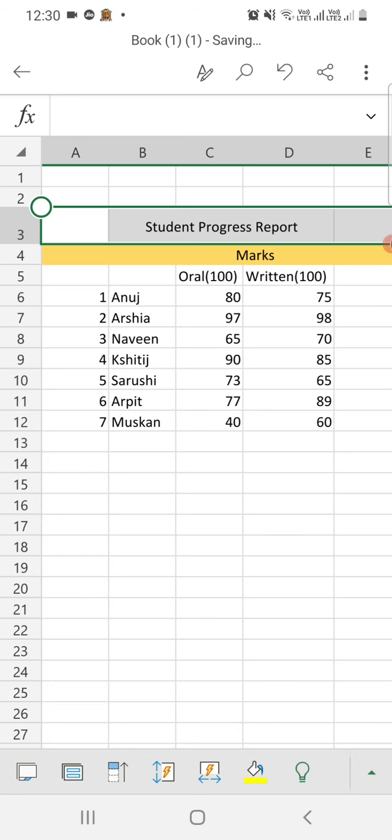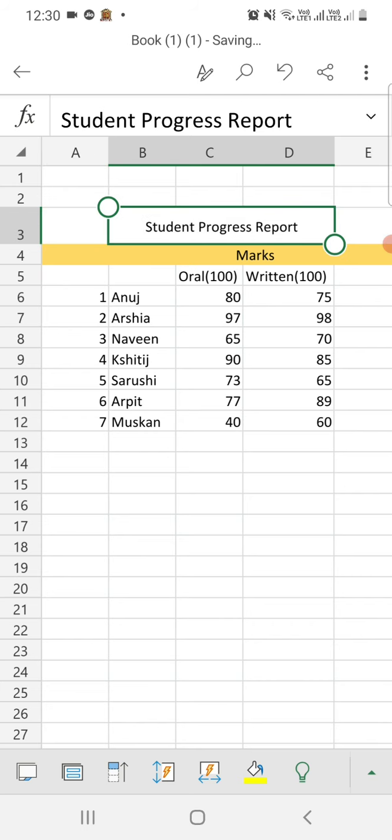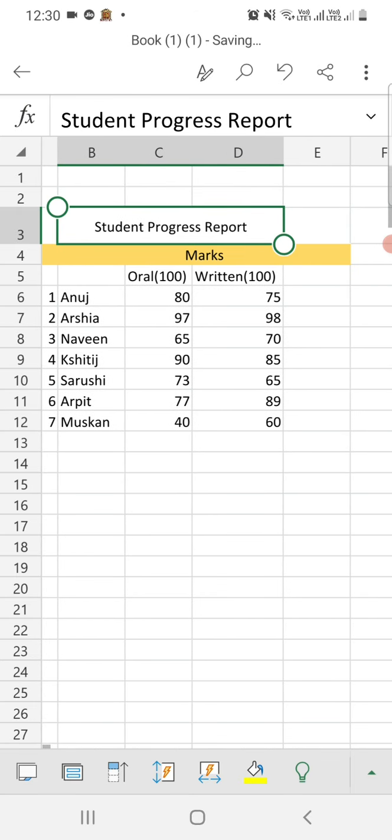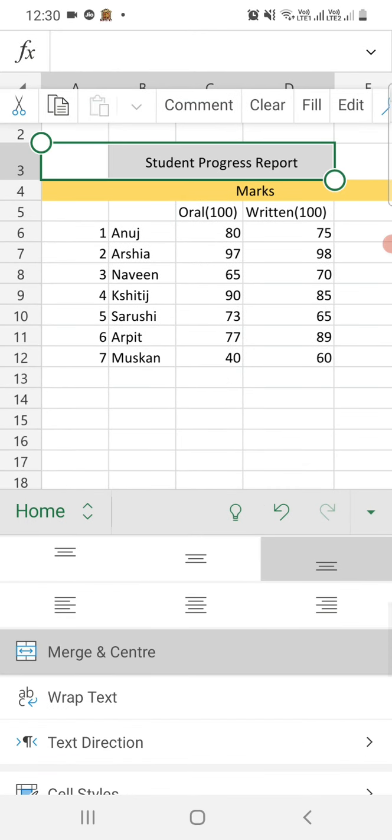So you can also fill up the row color. Okay, so I have already filled that row color, that is marks row. I have filled with yellow color. Now I am showing you how can you fill up that row with some fill color option. So just you need to select the cell from where you want to color it.